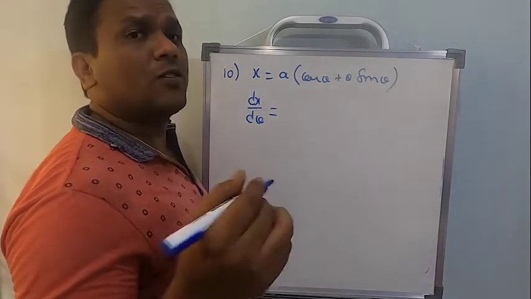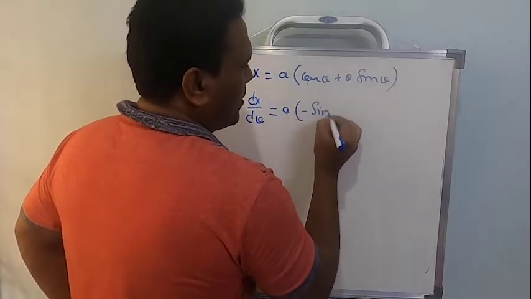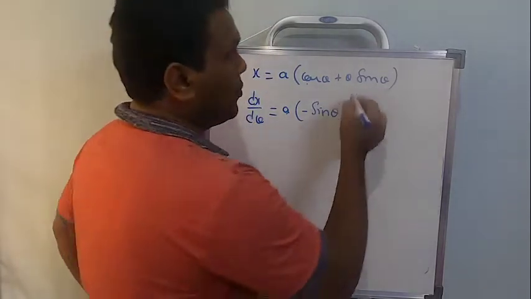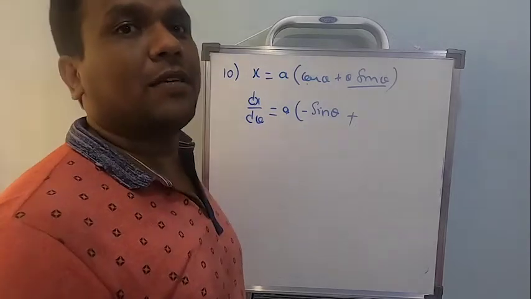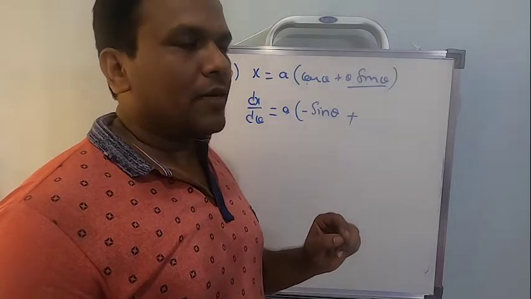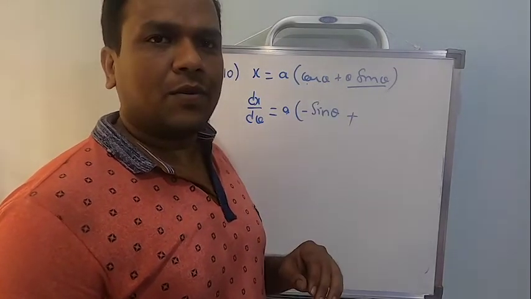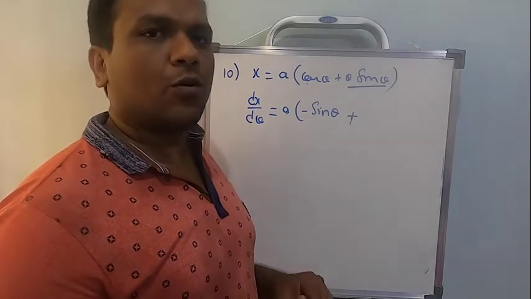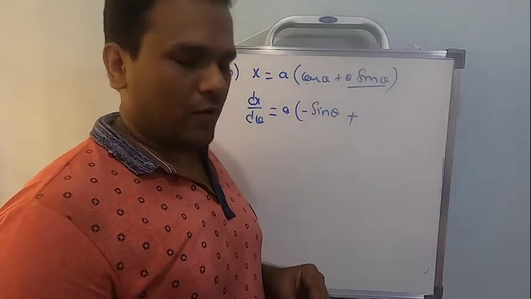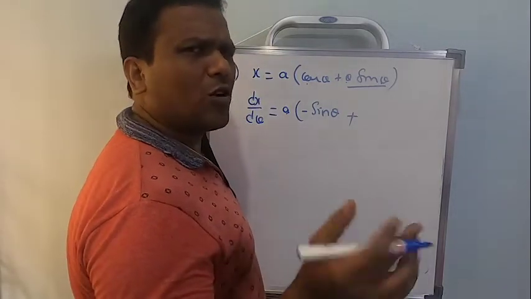Where are the chances the students will go wrong? I will tell you. Now a is a constant, and differentiation of cos theta will be minus sin theta. Everyone will write it plus. Now observe theta multiplied by sin theta. Most of the students will not recognize that the product rule has to be applied. That is the reason why this problem will be given in the examination. We know that students will go wrong in recognizing this. Intentionally we want to confuse you. Now for theta sin theta, the product rule has to be applied.